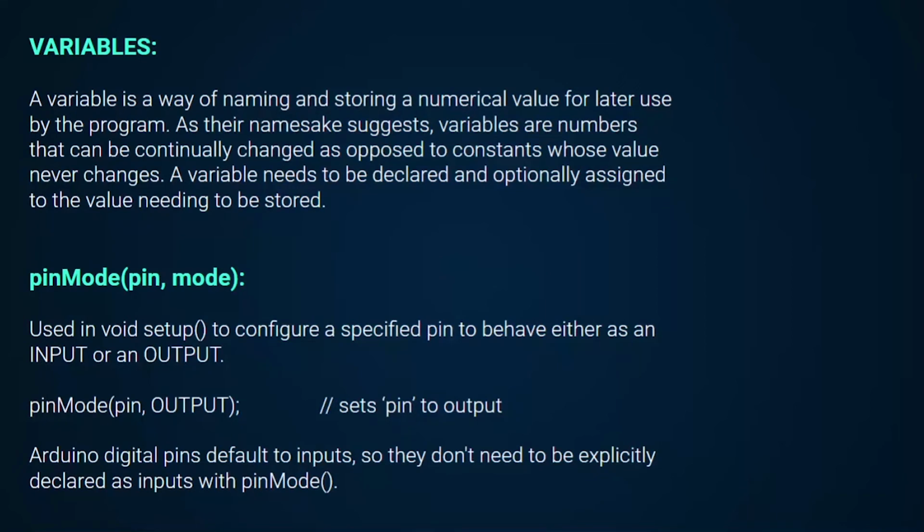So what does that mean? Can anybody explain? What do you think it means to behave as an output or an input one? When it behaves as an input, it will take in a signal, whereas when it behaves as an output, it will give a desired output signal. That's how it's going to work, I think. Okay, yes, almost correct. When we say pin mode in output,